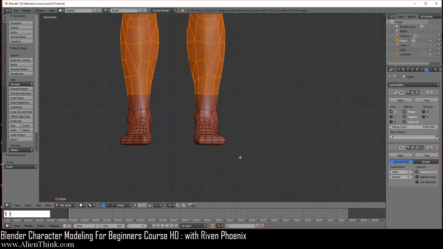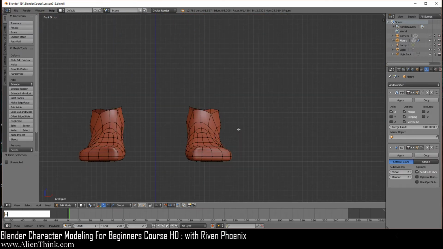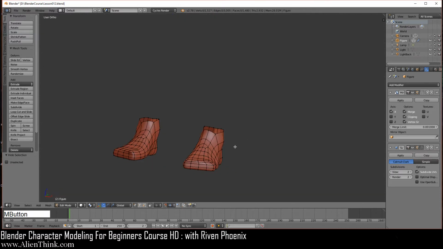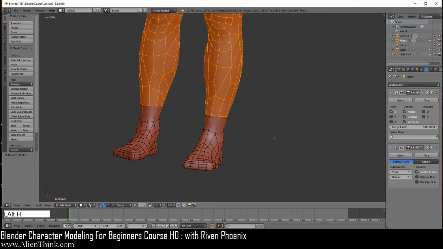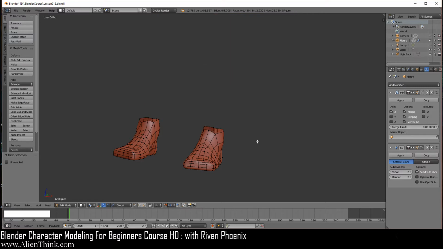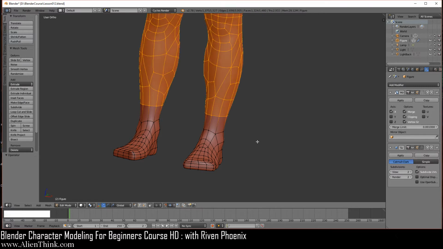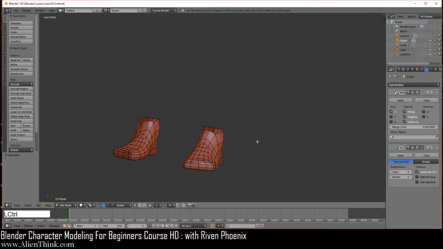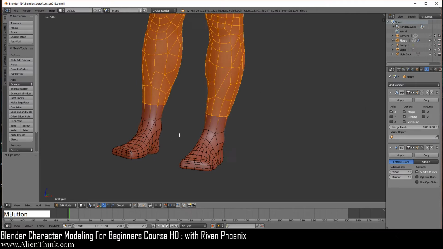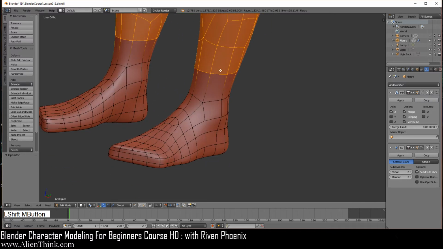Go to your front view. Now you press the H key and it'll simply just hide the entire figure. If you do Alt H, it will bring it back. Okay? Now if you do H to hide it, you can also do Control Z to bring it back. You can do Shift Control Z to bring this back. So I'm going to do Control Z to bring this back. The reason I'm showing this to you is because you will find this very helpful.